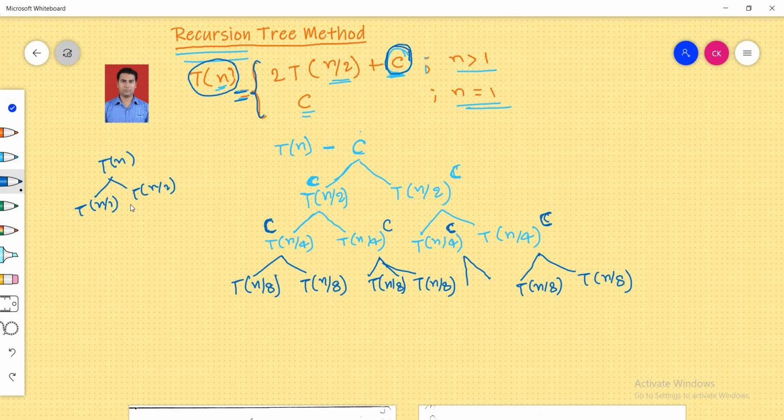That's why it is 2T of n by 2. So at this node this is completed. Now again at this node,